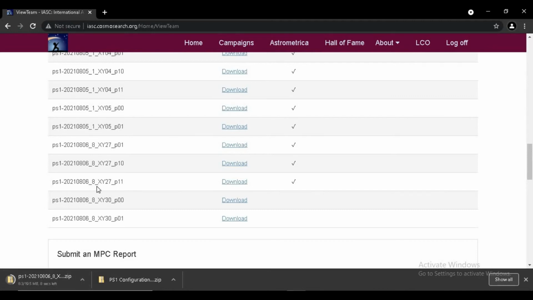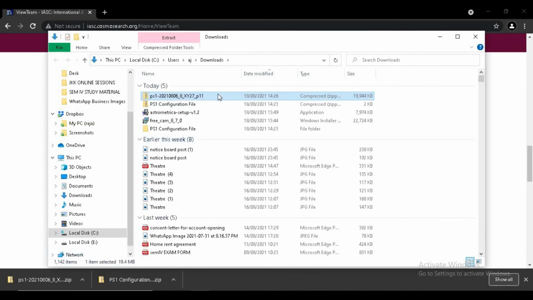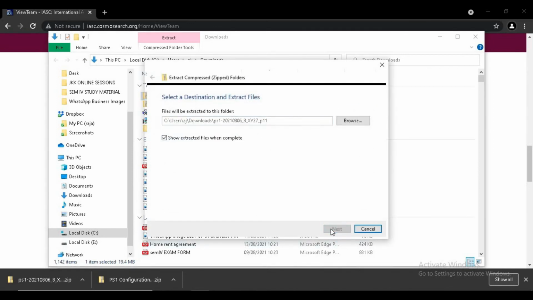Generally, these image sets will have very similar names, with hardly any change in the binary digits like 0, 1. Make sure that you don't get confused while submitting the report. I'll show you tutorials on how participants generally get confused during report submission. Here we have our data. Again, we need to extract it. It got extracted.